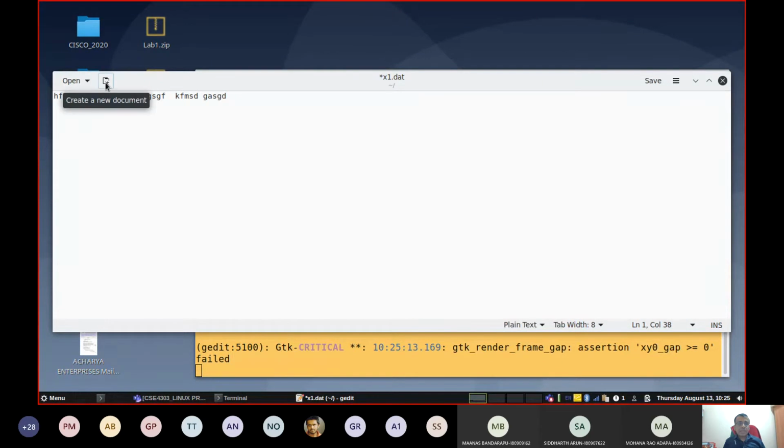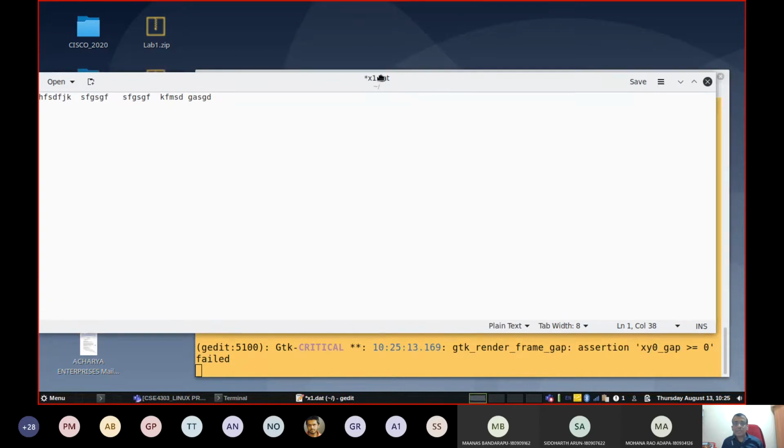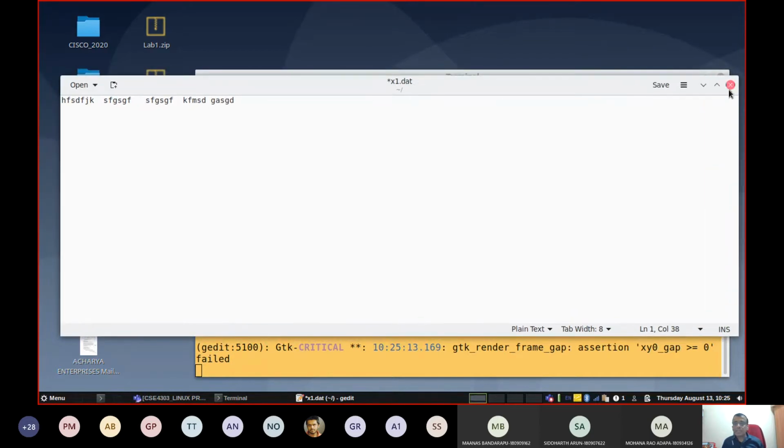Different options are available. You can create a new document also if it is not x1. Look into this. The file name I kept is also shown here, x1.dat. Now if you want to save it, click on save. Now I'll type some meaningful sentence at least. If I write some content here, then create this text file, then save it. File name is x1.dat. That's the name I gave. Now it says saving, then close the file.